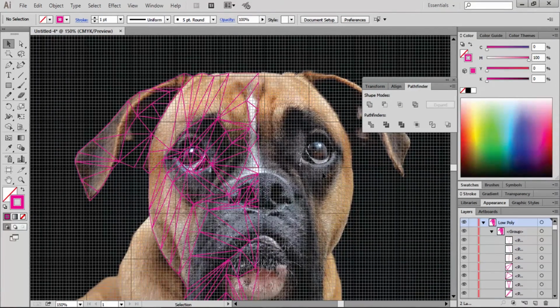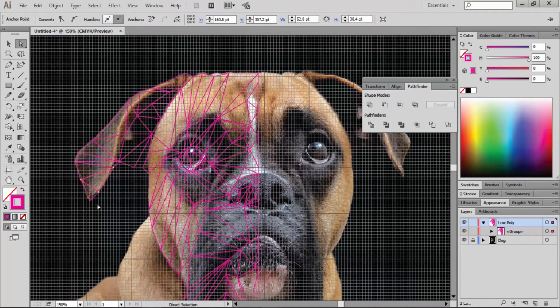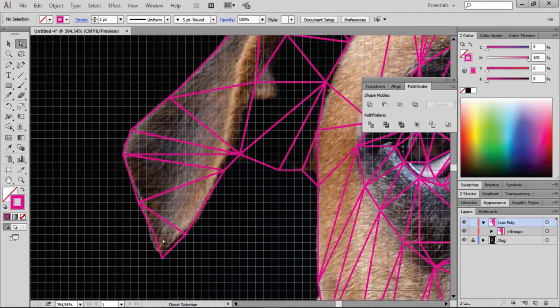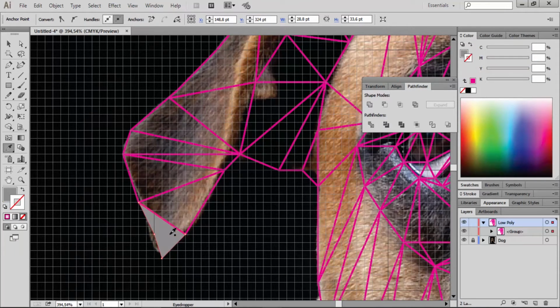Now we're going to select one by one all these triangles and fill them with the image color, with the color picker. We select the color picker and grab the image color. You can later turn these colors around.